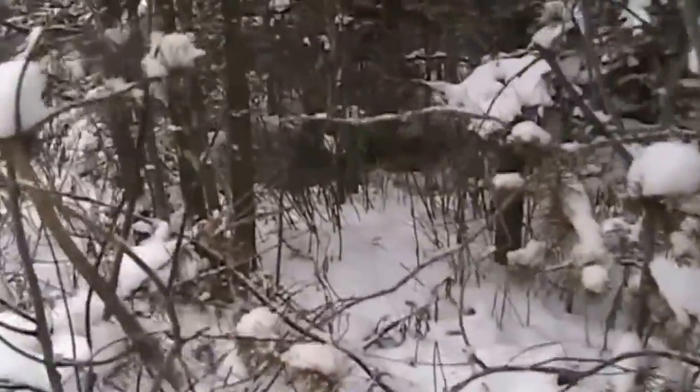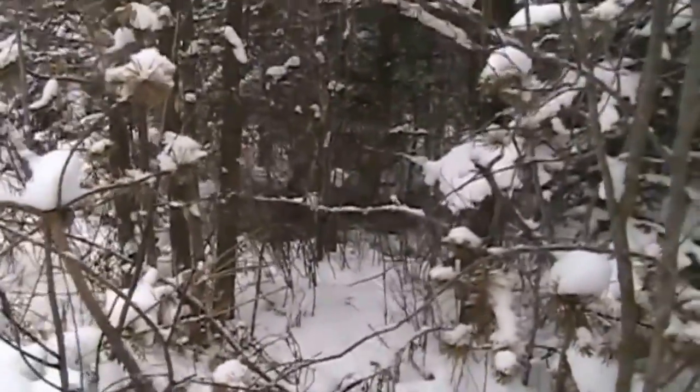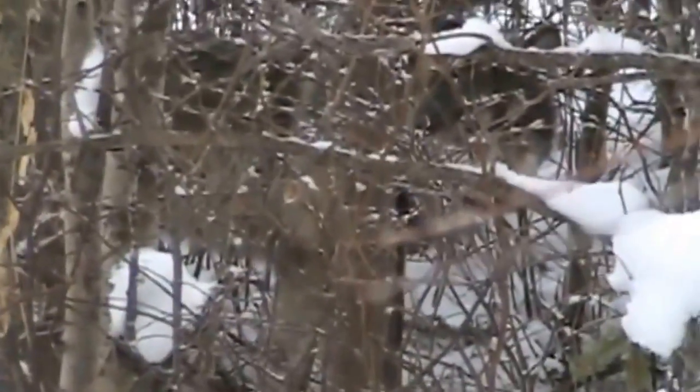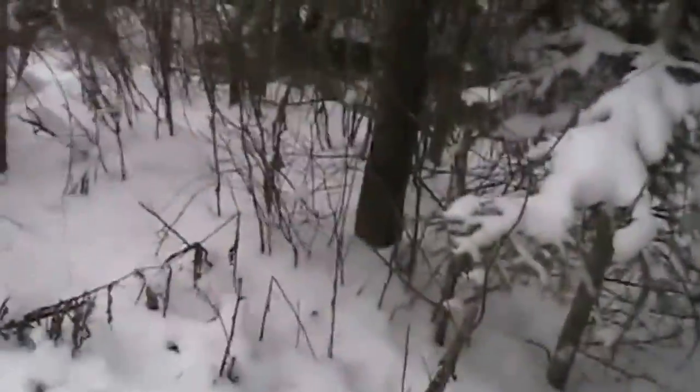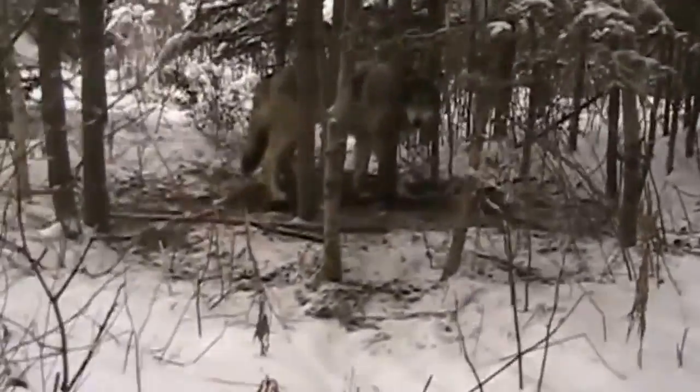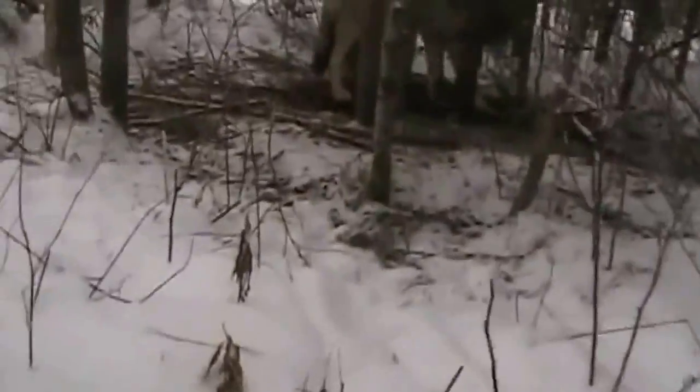I got nothing in this first snare right here, but looky right through there. I don't know if you can see him. Got a timber wolf in the snare right there. This is the same place I caught that last big gray wolf. This one's a little smaller, it looks like, from here. Oh, still pretty good sized animal, but